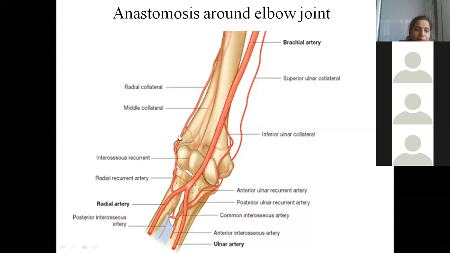So I am repeating. In front of the lateral epicondyle, we have radial collateral and radial recurrent. Behind the lateral epicondyle, we have middle collateral and interosseous recurrent. So these are the blood vessels which you should remember. Four plus four, eight blood vessels you are supposed to remember to make the anastomosis around the elbow joint, because it can come as either a 5 marks question or a 3 marks question. Very important. If brachial artery is also asked, better you add this also, anastomosis around the elbow.